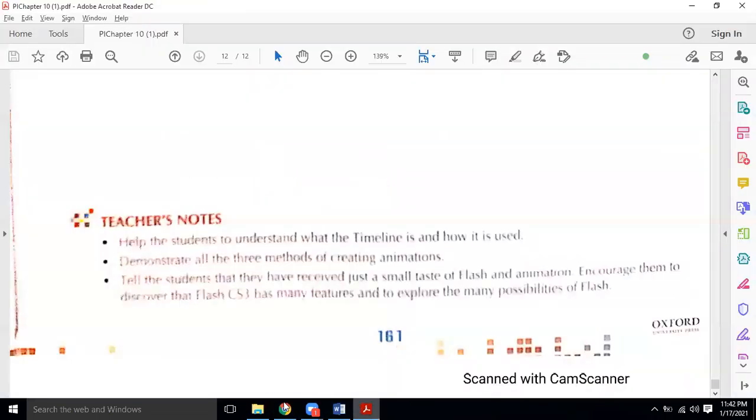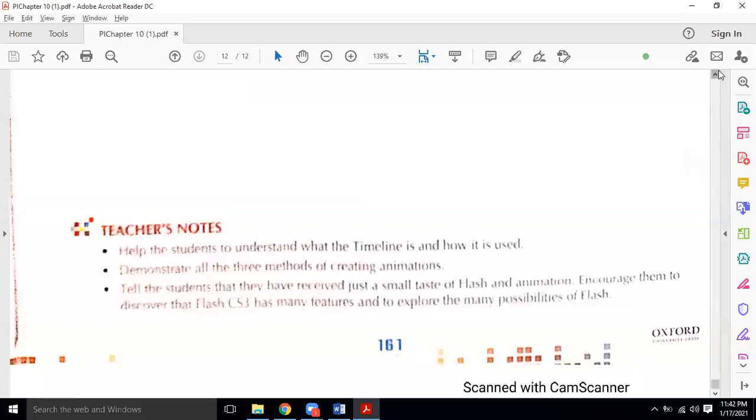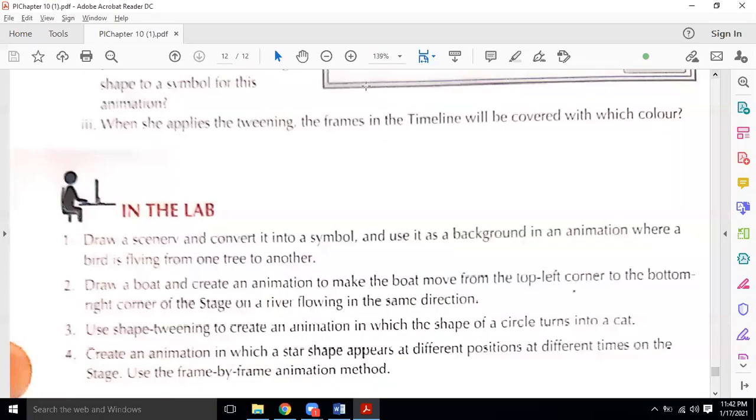Okay, we come towards our work now. Last time we had made one scenery. When you have done with the scenery, what are you going to do? I'm just going to give you one example.